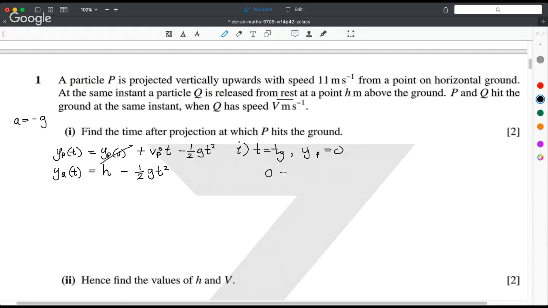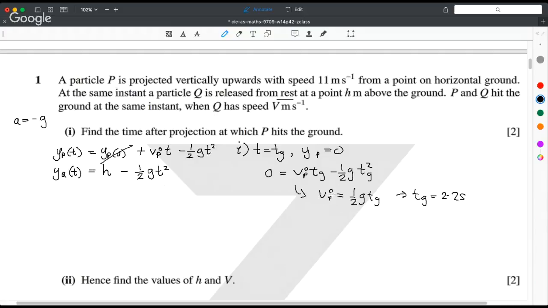So we have 0 is equal to initial p velocity times t ground minus 1/2 g t ground squared. If you rearrange this, you get that the initial velocity is 1/2 g tg, so we divided by tg here,